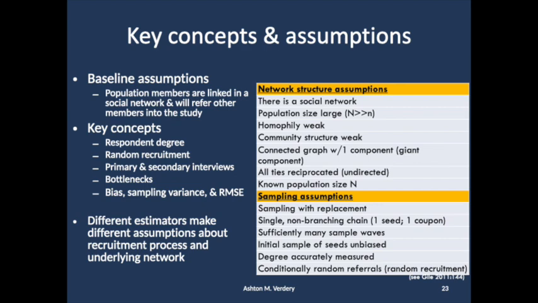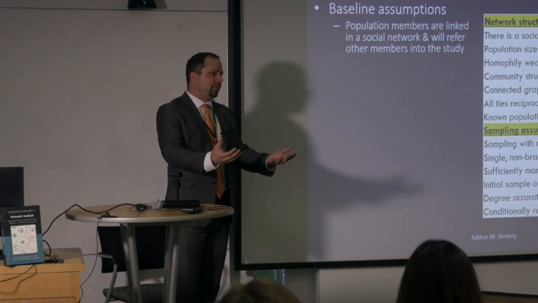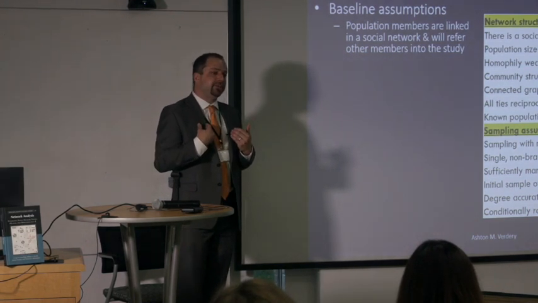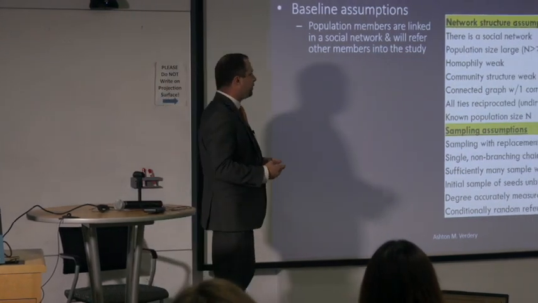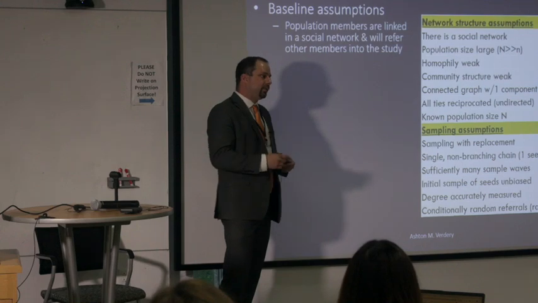So you might ask yourself, how would this work? Why would it work? What should I do to make it work? And just like any sampling method, it relies on assumptions to make it work. And to the extent that these assumptions are plausible about your network, there's a good reason to suspect RDS might be able to generate an unbiased estimate of the prevalence.